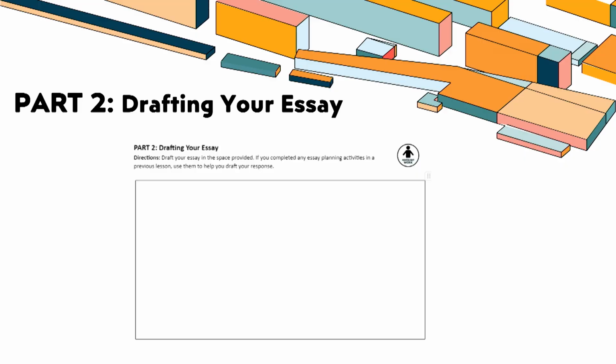Draft your essay in the space provided. If you completed any essay planning activities in a previous lesson, use them to help you draft your response. What are they asking you to do when it says if you drafted any part or portion? Well, yesterday when you worked on that